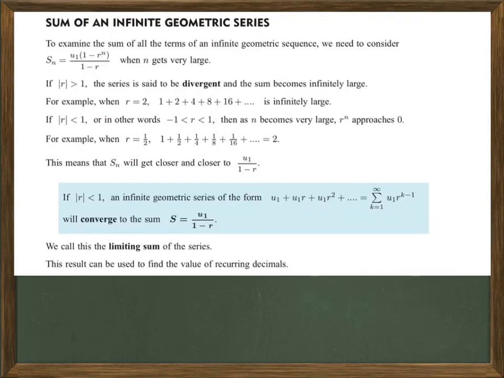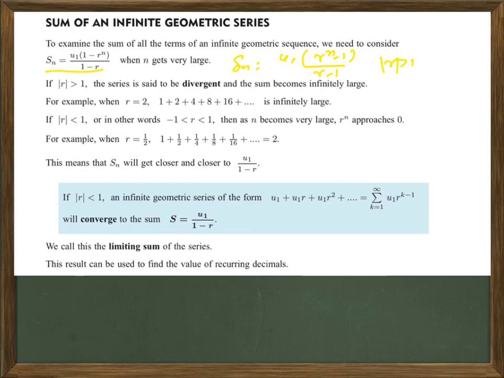So in a geometric series, the sum is u1 into (1 minus r to the power n) by (1 minus r), where the modulus of r is less than 1. And if r is greater than 1, then the formula is Sn equal to u1 into (r to the power n minus 1) by (r minus 1). So it totally depends on r, and the formula changes accordingly.